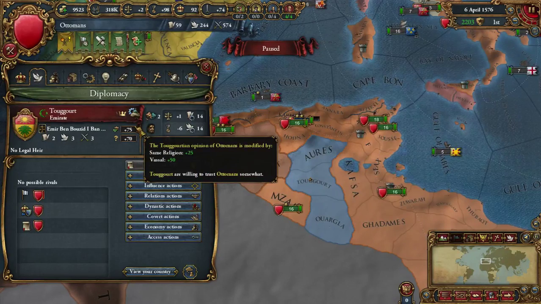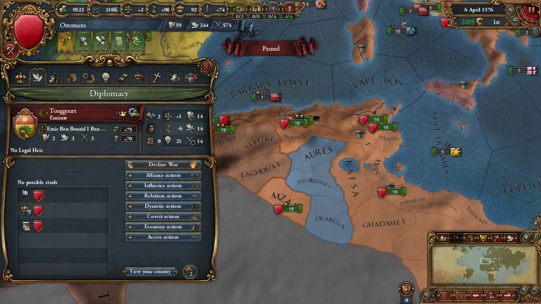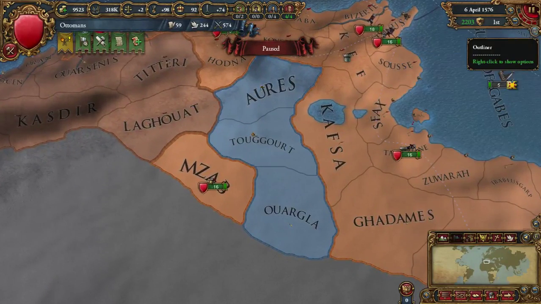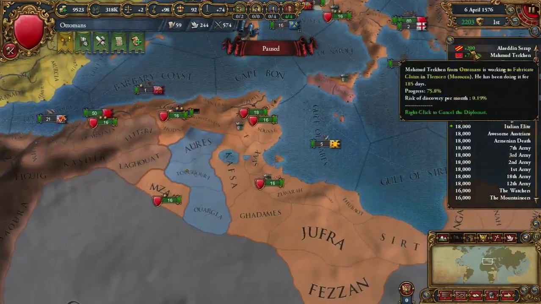Wait a second, we can attack them? They are a vassal of us. Yeah, no, they are a vassal. Alright. As we have now more diplomats, as we have taken the diplomatic idea group, and we're going to